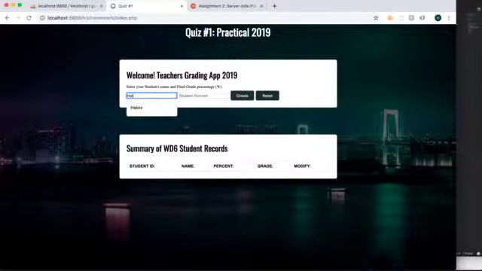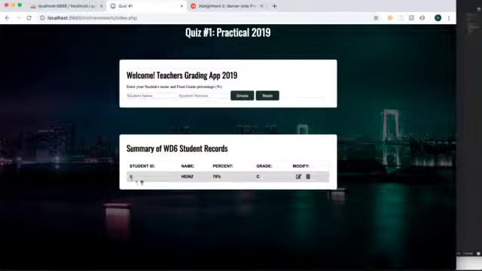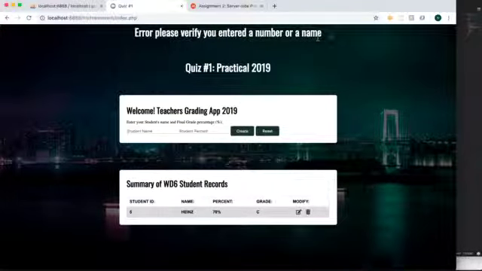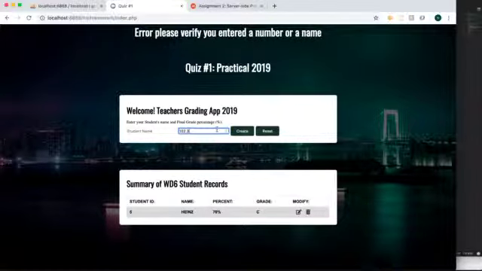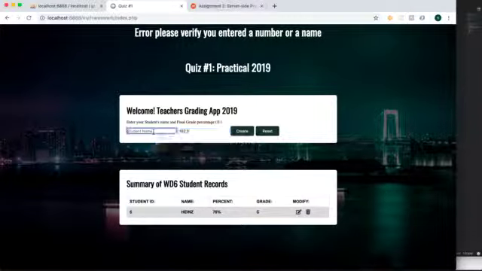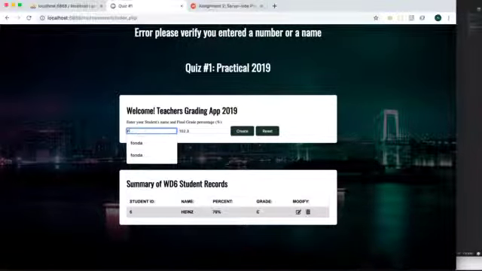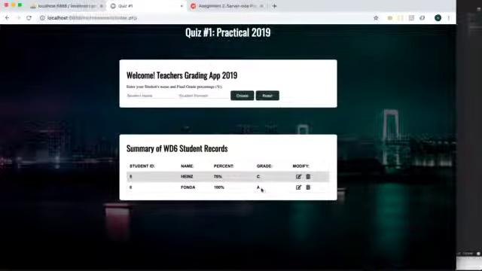So if I put here Heinz and I put 70, and I hit create, it will create my student with the grade of 5. If I hit create with nothing, it won't let me. Error, please verify you enter a number or a name. If I try 102.3, it won't let me because the value must be less than or equal to 100. If I put Fonda and 100 and hit create, then Fonda will get an A,